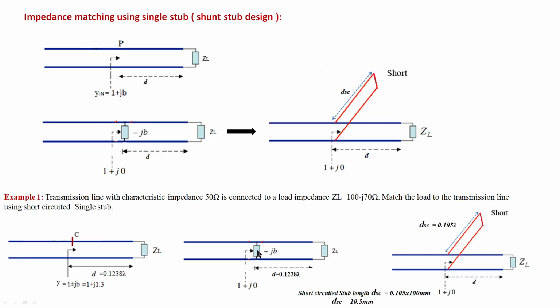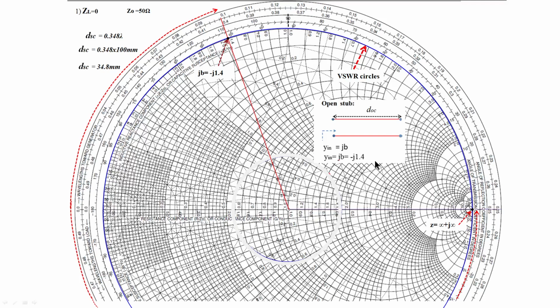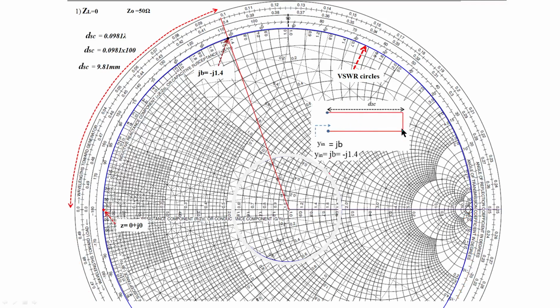Like that, you should note down the susceptance, or it may be reactance, and connect the opposite. So this is plus 1.3, and I should connect minus 1.3. To get a minus 1.3, what is the length of the stub? We know that already. I want minus 1.3 here. What I have to do is start from the short circuit and go on moving. Wherever 1.3 is there, you stop.